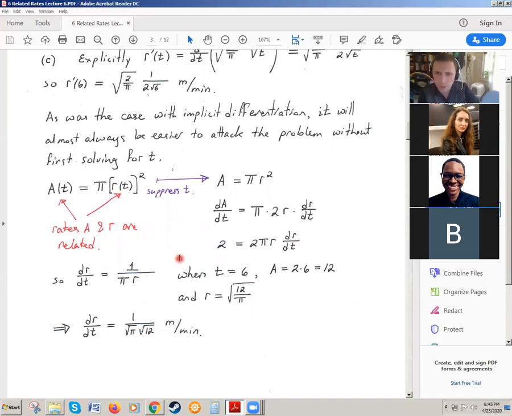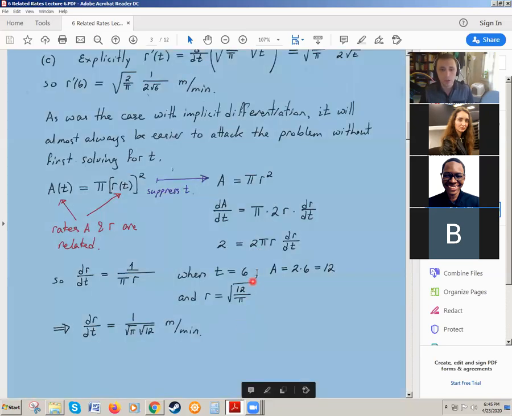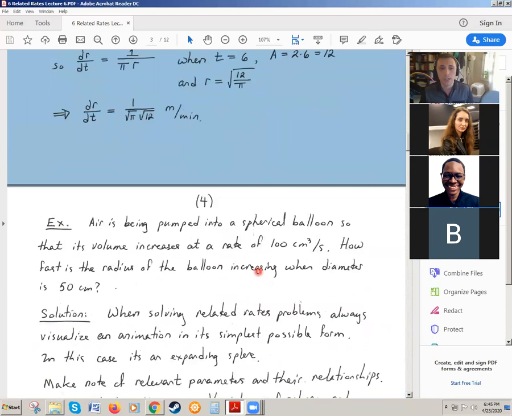Every other problem, be it difficult or not, all you have to understand is that there are two quantities, each of them functions of time, that are connected by some equation. Okay, so where are we now? So here is